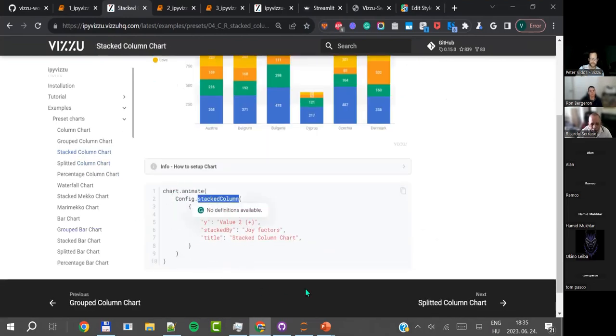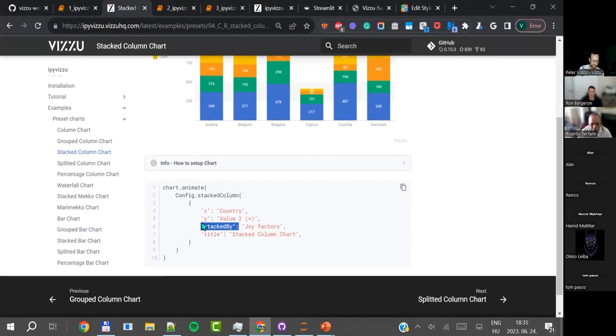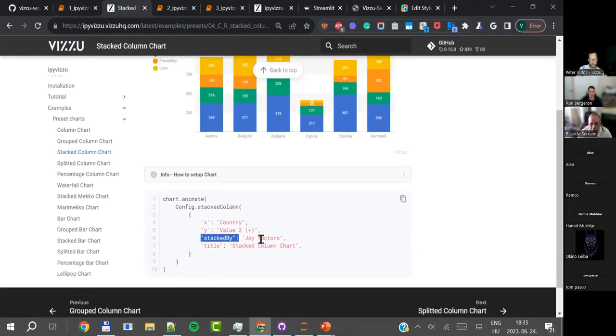It has also X and Y. We help you set that X is a category and Y is a value, but with column charts, it's not that hard to imagine. And you just add the stacked by. So we added a stacked by parameter, which makes it easier for you to know what's going to happen if you stack it by a certain category.